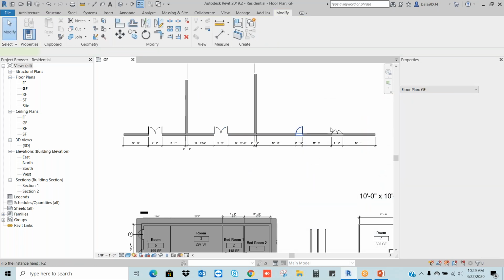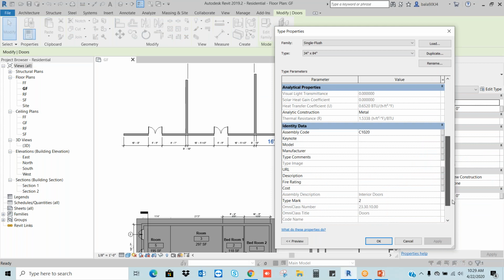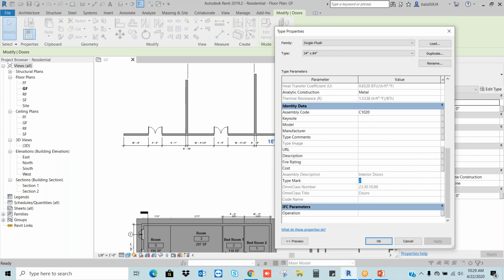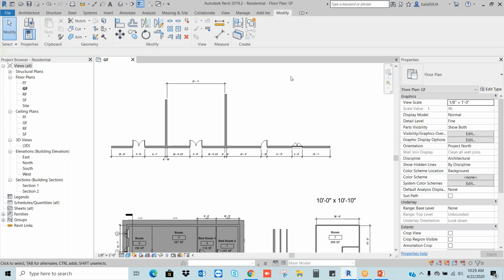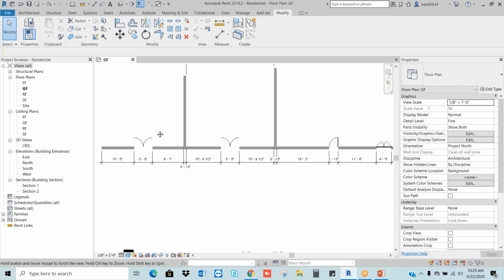And I will go there, edit type, mark is D3. Generally, in our architectural drawing, in AutoCAD drawing, D1 is this many doors, D2 this many doors, D3 this many doors. We can give one list in the drawing. For that purpose, we use this D1, D2, D3.